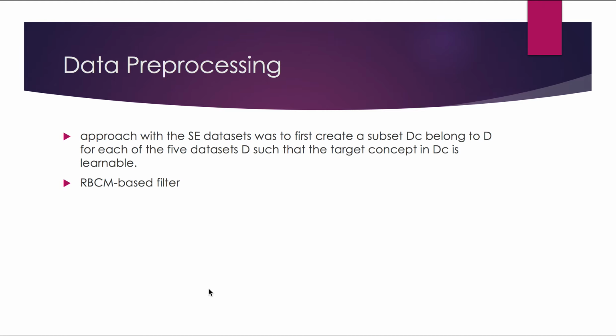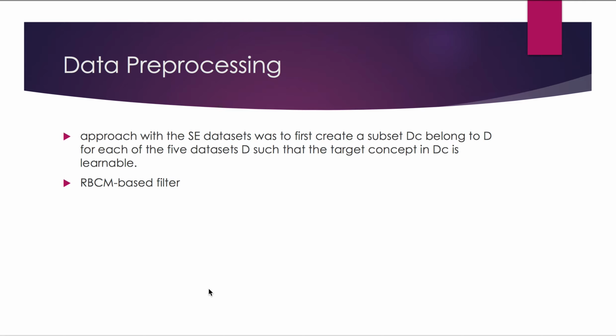So after introducing the 7 different datasets, now we are going to apply data pre-processing for all of them. The approach here is that we are going to call the first 5 software measurement datasets the SE datasets. In other words, the approach with the SE dataset was to first create a subset called DC